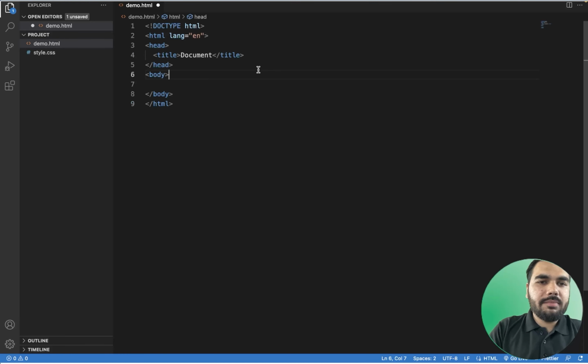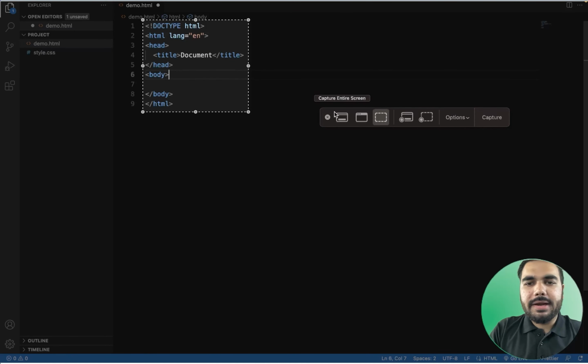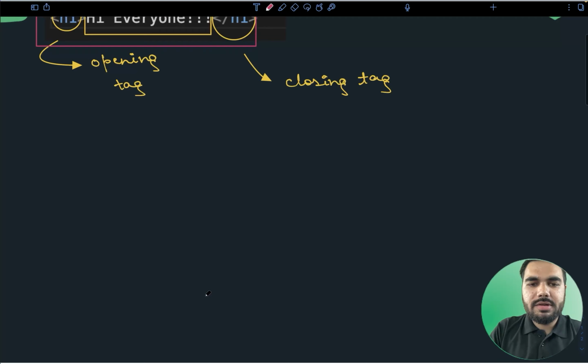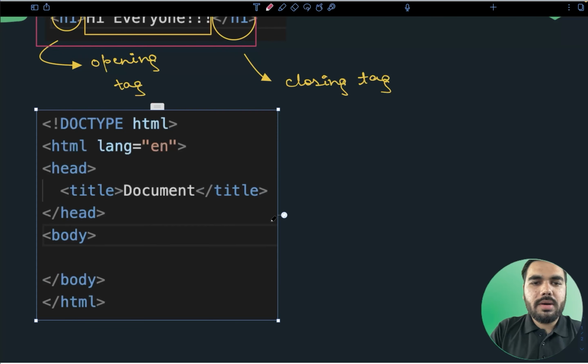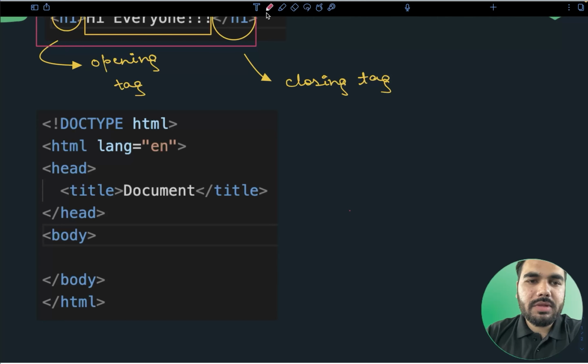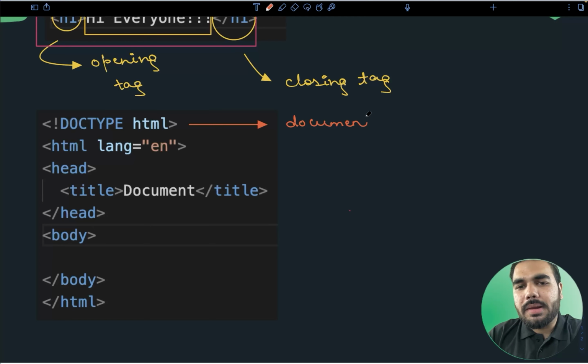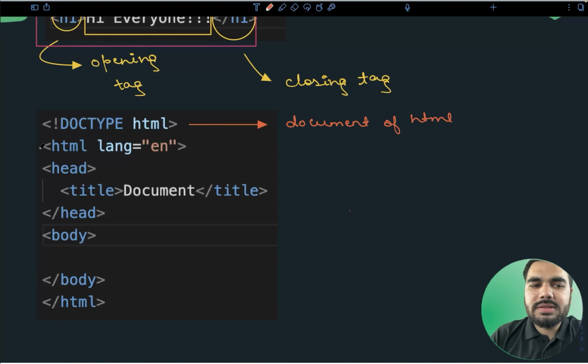Let me explain this before starting anything else. This is the boilerplate template that we have. If I bring this up, let's understand it. The first line says doctype HTML, which basically says that we are currently using an HTML document, and it can work with any version. Let's suppose HTML 5.0 is the latest version, so since we are working on HTML, we need to write this first line.